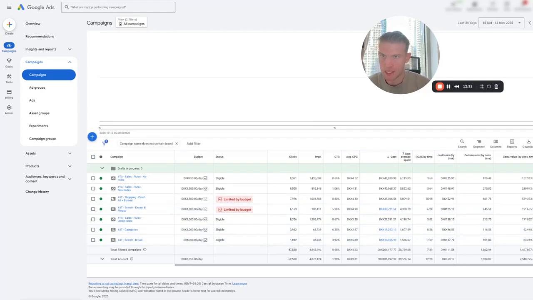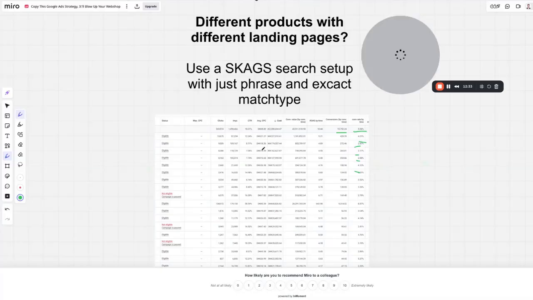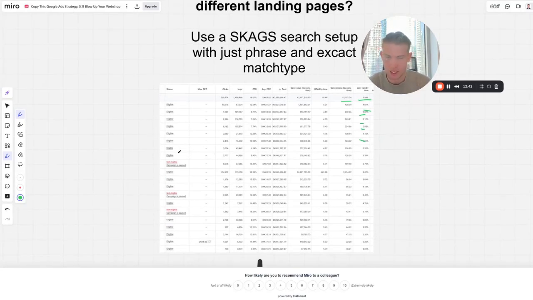Then I'll use a SKAG setup, where a lot of people will just add a couple of keywords in one ad group, maybe 5-10 keywords, just in broad match, and then just hope Google will figure out the searches. What I like to do is have a SKAG setup. So here you'll have one campaign, for example, where you have one ad group, and then within the ad group,